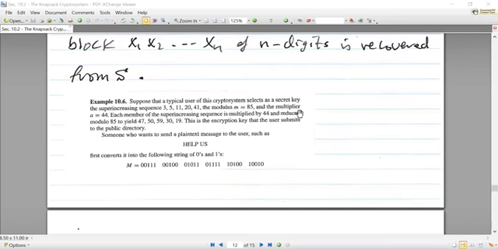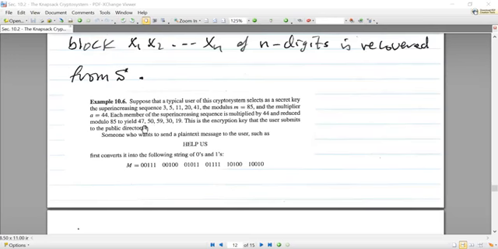And the multiplier, that is a number relatively prime to m, is 44. Now, each member of this super increasing sequence is going to be multiplied by 44 and reduced mod 85 to produce another sequence,